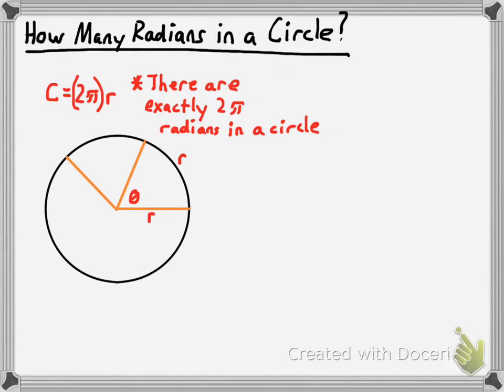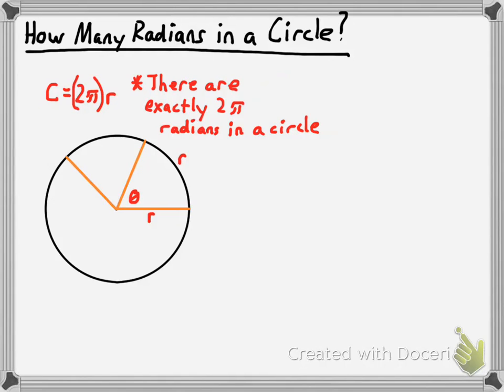All right, now along those lines, how many radians then, how many degrees are in a single radian? Clearly, I need to ask that question rather than the first one because there's a lot more degrees in a circle than there are radians, right? Well, if there are 360 degrees in a circle